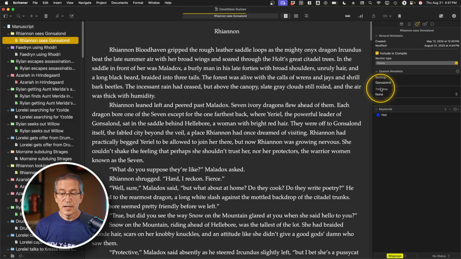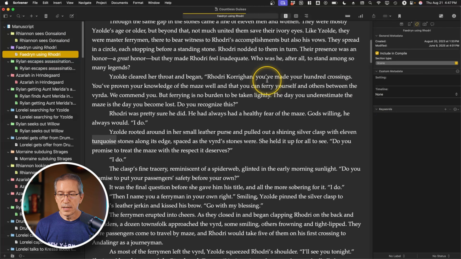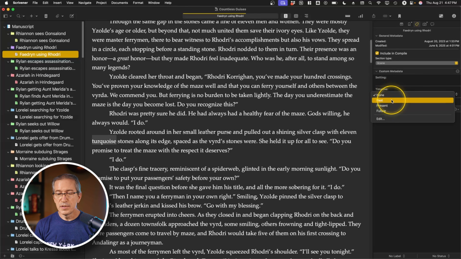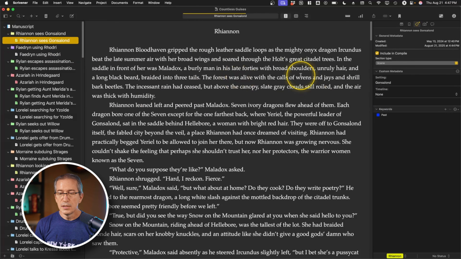And again, the timeline is available for any of the scenes, any of the documents, including folders or these sub-level documents. So if I click on a different one, I'll see that it's there. So timeline exists, and it's defaulted to none because that's what I set up for any given document in Scrivener that doesn't have this set. But if I click on this, it does have these available. So I can say past for this one. I can go back to this first chapter and say this one is in the present,